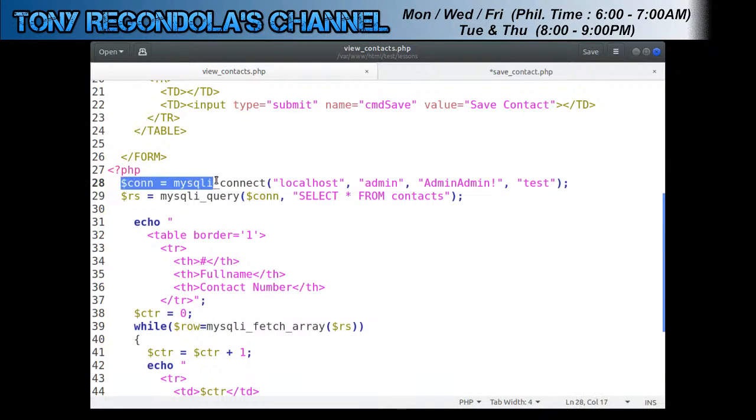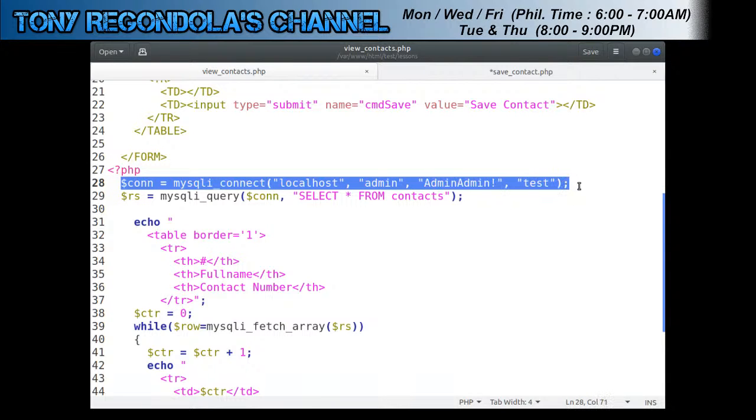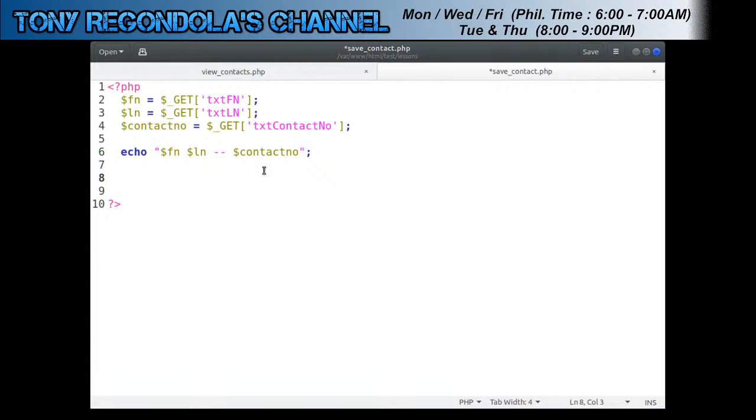Okay, we will copy this part, so we're not going to make a viewing of records or select from contacts. So we will copy this, okay, and then from our saved contacts, you can put that at the top or here, for as long as you declare this before you do something with the database. Okay,